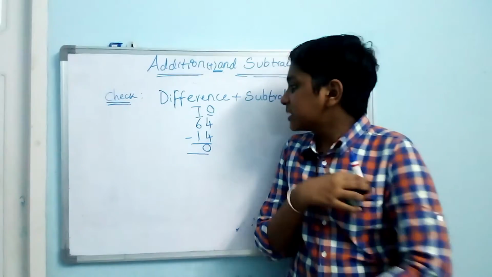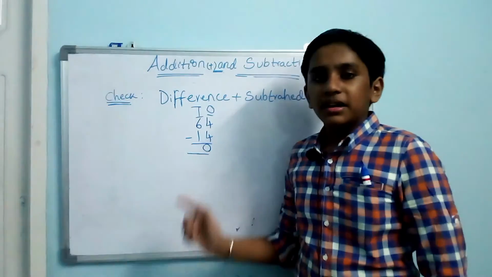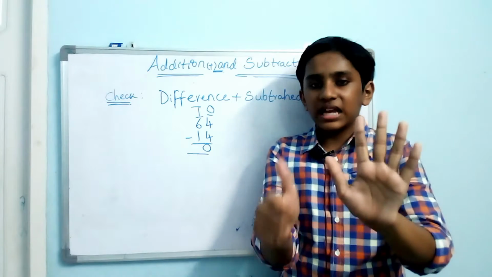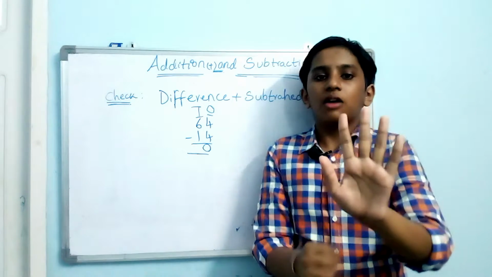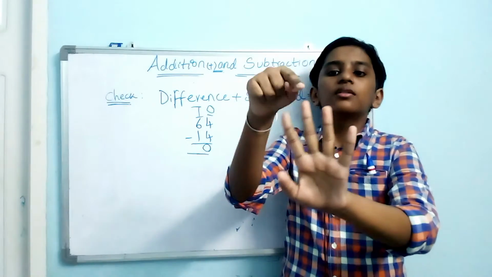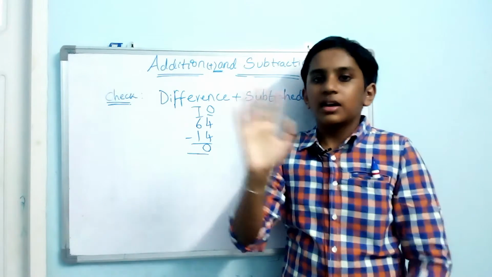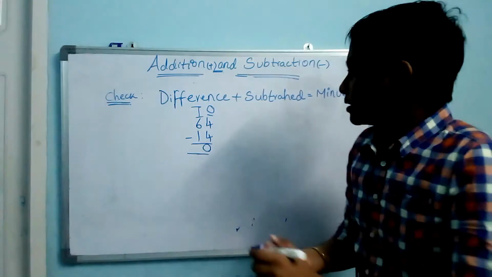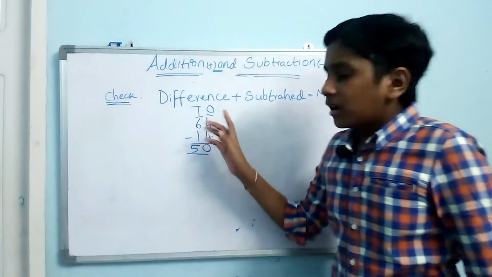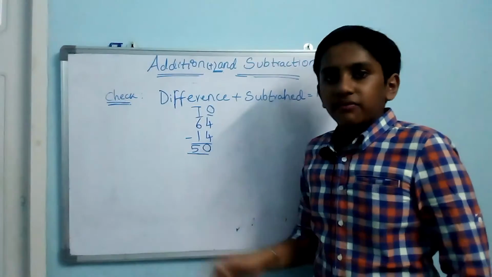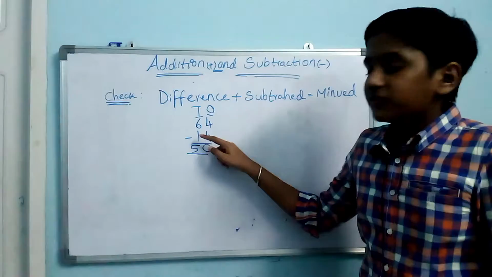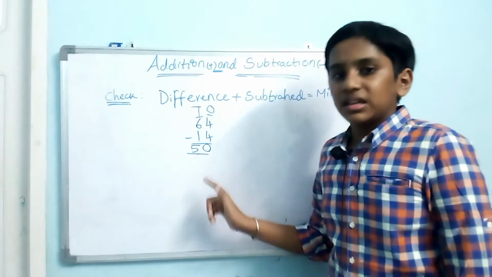And now let's subtract the tens. 6 minus 1. 6 fingers up and let's take away 1. How many fingers do I have left? I have 1, 2, 3, 4, 5. I have 5 fingers left. So my friends, the remaining in the tens is 5, or 6 minus 1 is 5. My friends, 64 minus 14 is 50.